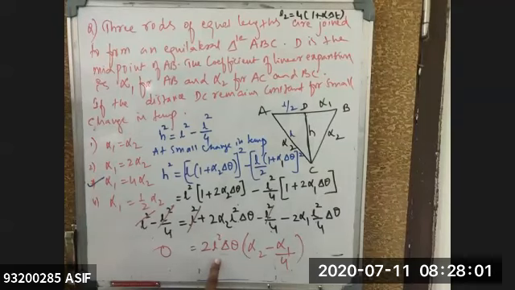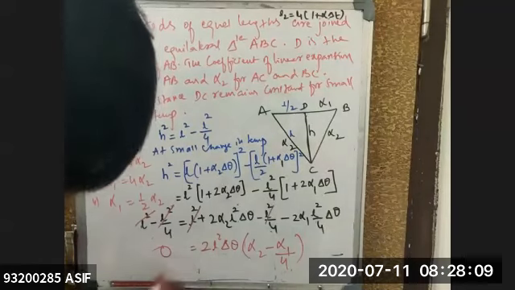This value will become 0. L square by 4, L square minus 4. So this will become 2L square delta theta, and then theta will go to that side and become 0. This term will also become 0. This term will go here, that will also become 0.